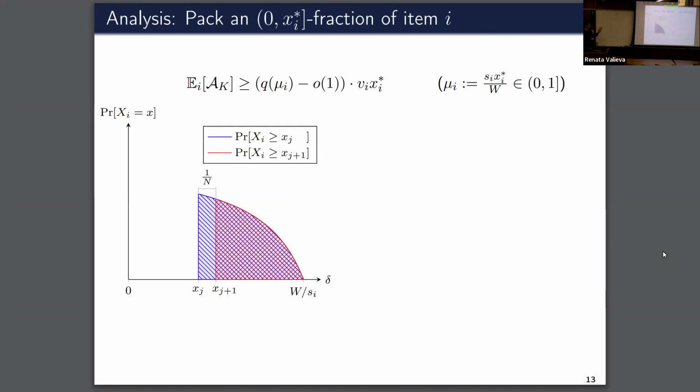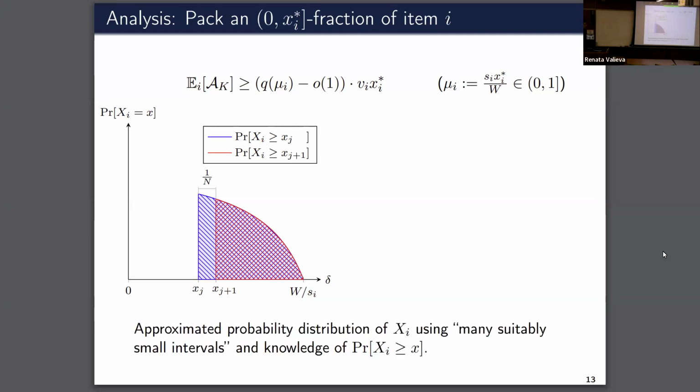Even if one of the calculations got lost, essentially we could lower bound this area with the blue one and the red one, and then their difference gave us a lower bound on that range where xi could lie between xj and xj plus 1. And then,